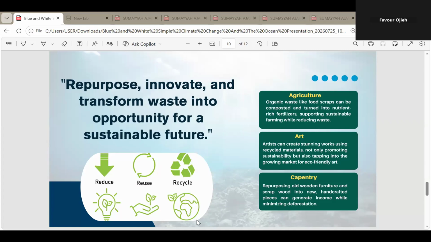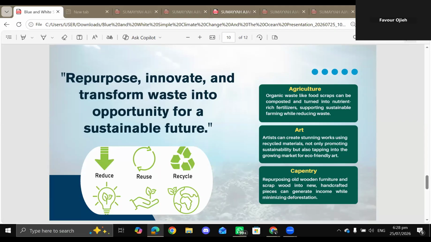So imagine you come up with a formula that is cheaper and you are also making profit, maybe at least 30% profit, because for a business to thrive, you have to make at least 30% profit. If not, you are not in business. So you could come up with a formula that is cheaper and nutritious, and it will also help to reduce the price of food and increase your customers.